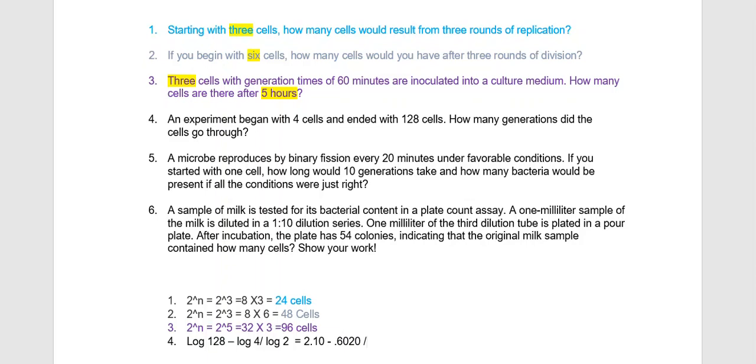Then we're going to divide that by log of 2, which was 0.301. So we do all of that math out: 2.10 minus 0.6020 divided by 0.301,